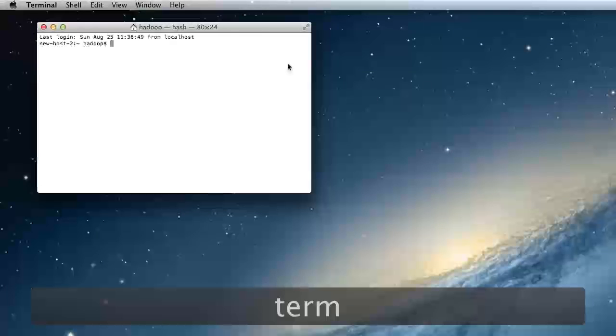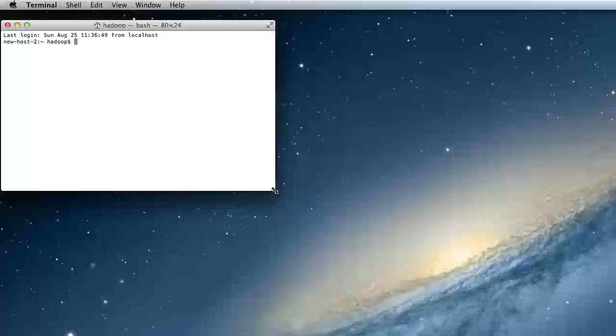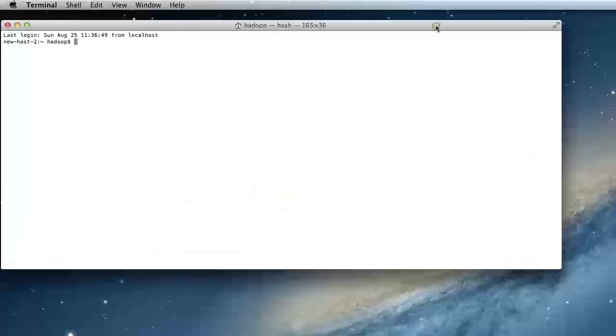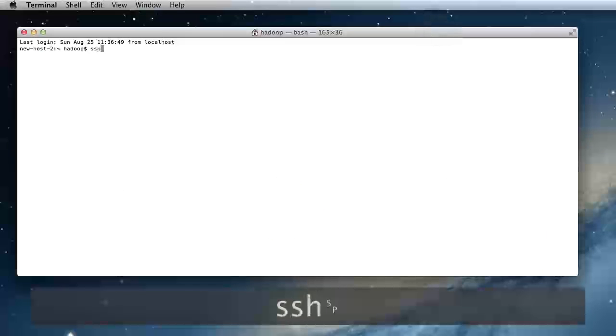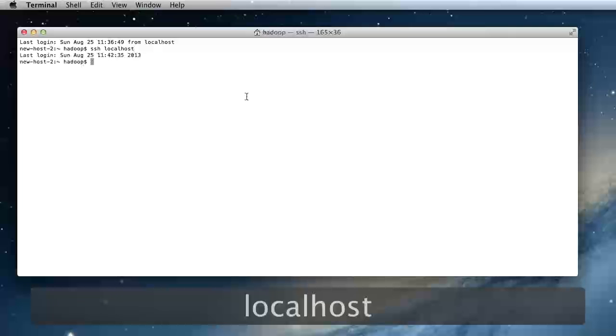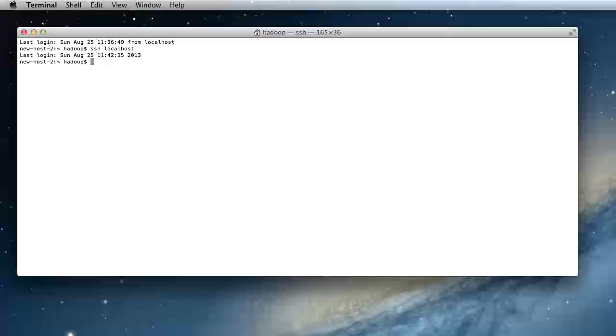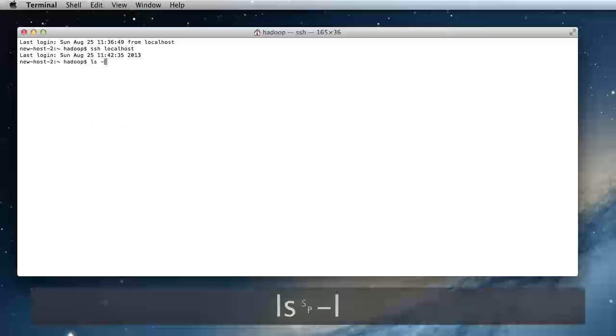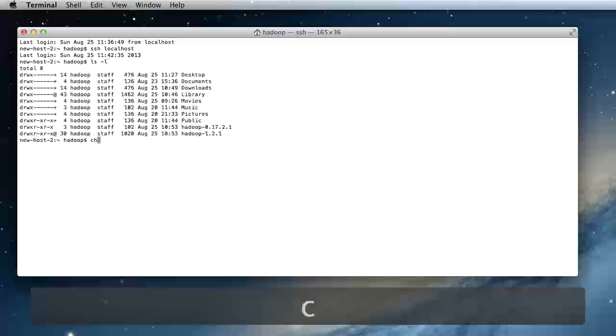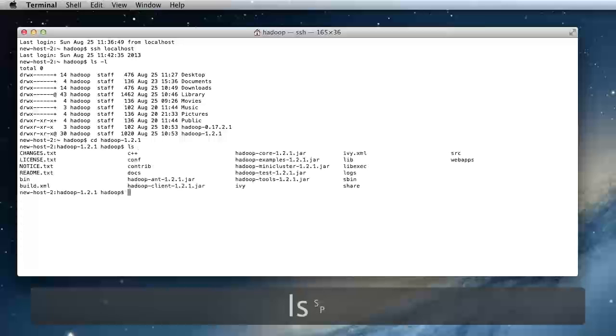Let's go ahead and bring up our terminal again. I usually go to Spotlight and type TERM and bring it up. And let's go ahead and securely log into our local host. There we go. And now we need to start up our Hadoop environment. Typically what I like to do is make sure where I am, which is the root level. I move right into the Hadoop directory itself, not one for retyping Hadoop all over. And we're there. And then I usually start with the bin stuff. So we'll just start with bin/start